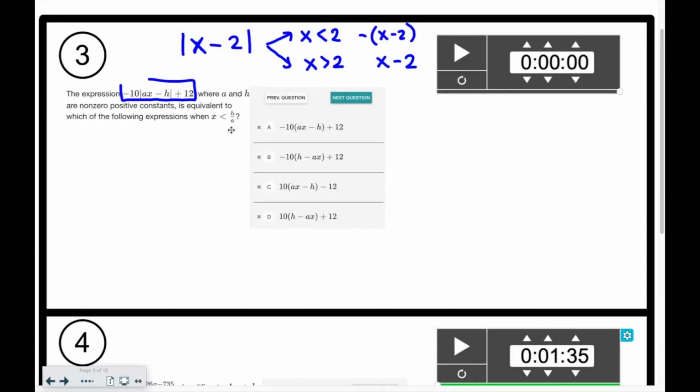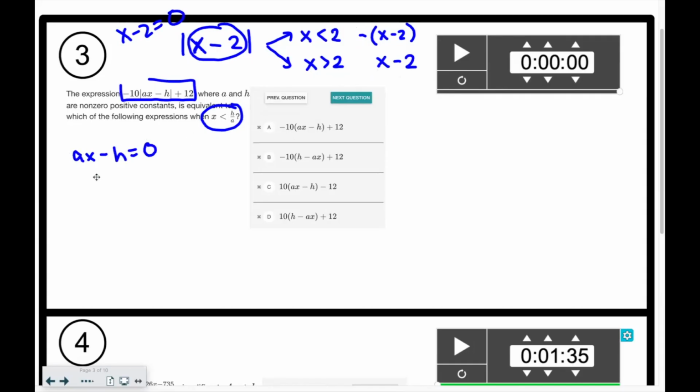And then what's special about this h over a, or actually, let me go back to this. What's special about 2 is it's the value that makes it 0. That's kind of like the cutoff, where numbers less than it or greater than it are either going to make it positive or negative. So what's special about h over a is if we were to take ax minus h